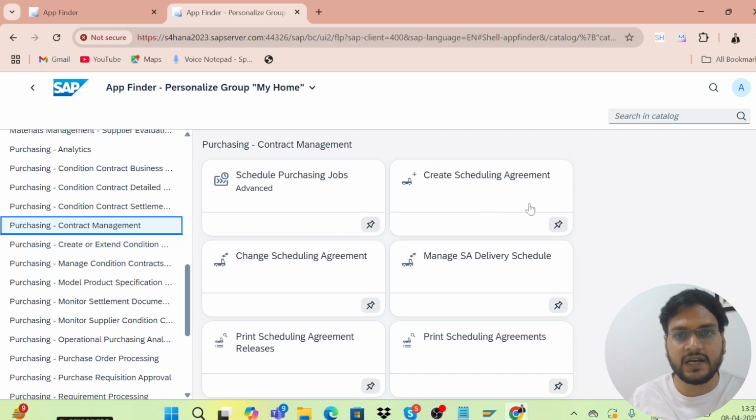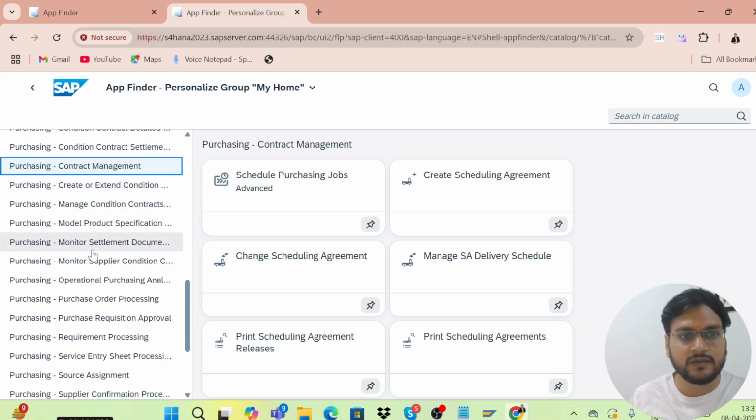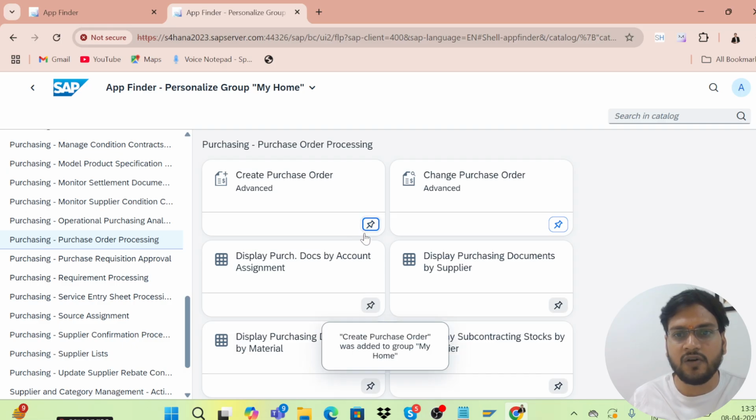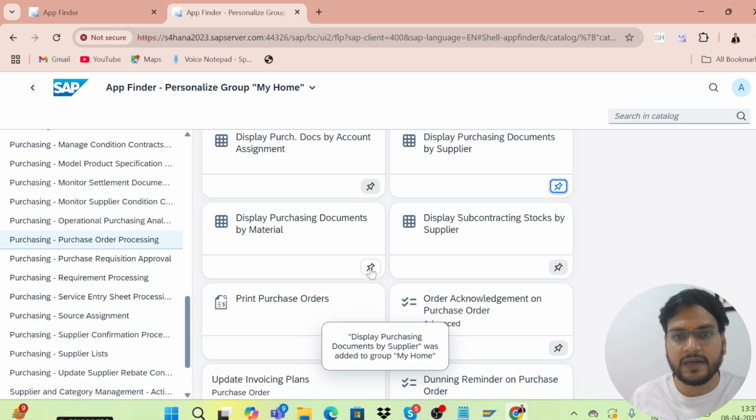If you want to create a scheduling agreement, you can create it from here itself. So I'm just going to pin this in my home, like create purchase order, change purchase order, display purchasing document by supplier, by material.